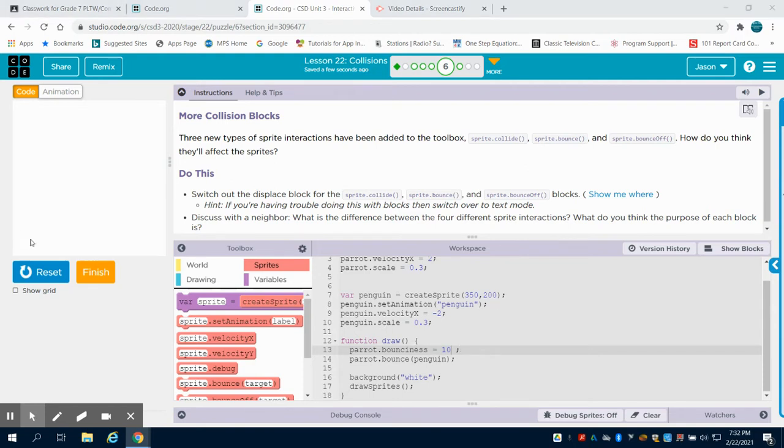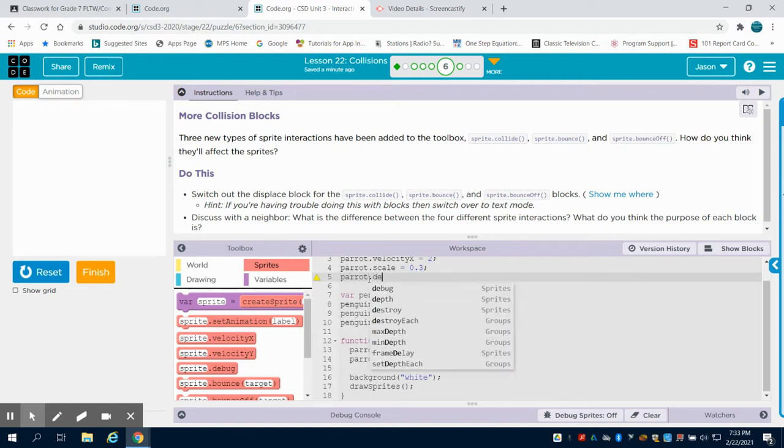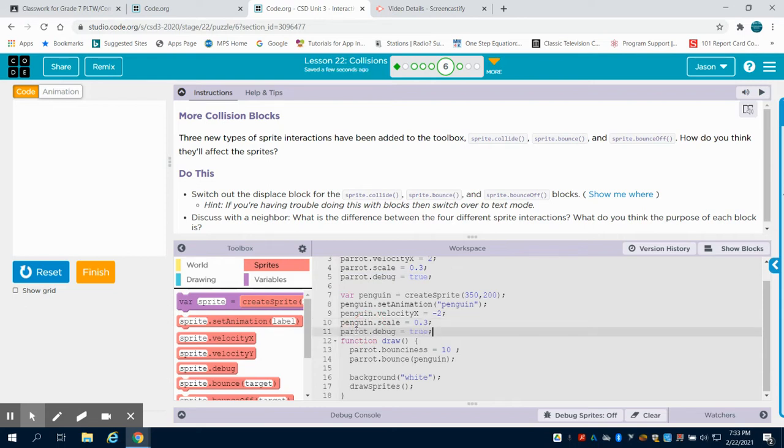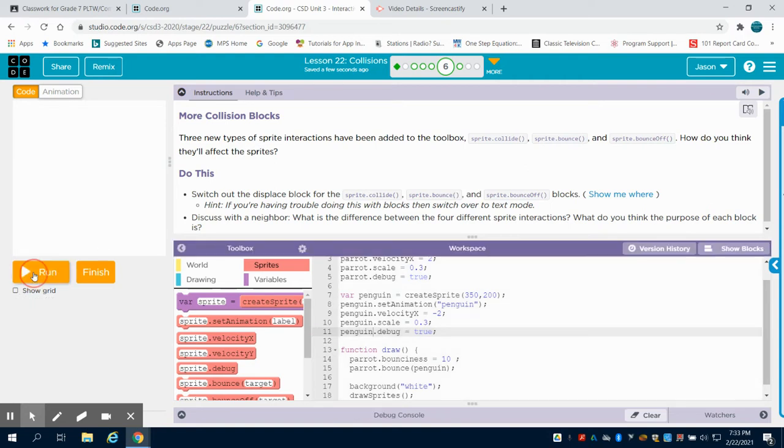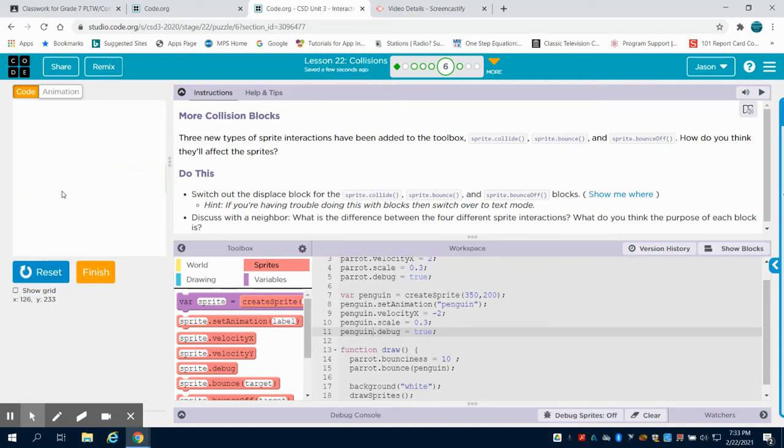The next thing that I want to show you is how we can set up our collider zones, because we've seen that sometimes we have white space in between when they're supposed to be touching. The first thing I'm going to do is type in my parrot debug, and set that equal to true. If you can recall what that does, I'll show you. I'm going to do the same thing down here for my penguin. So when I run my program, that's going to show me my collision zones. We can see there's my collision zones,